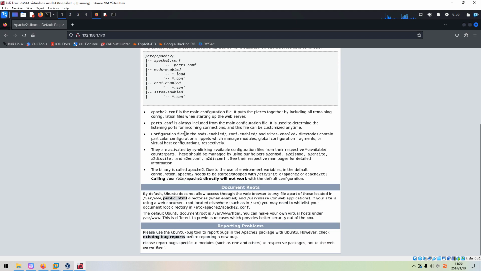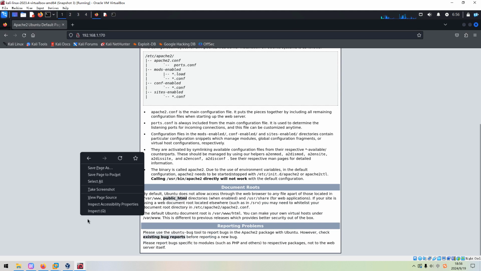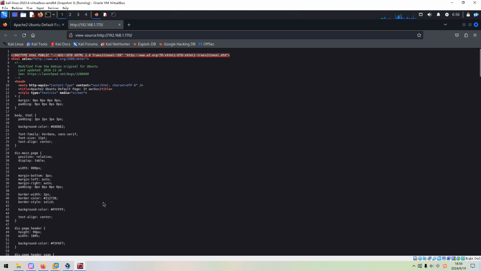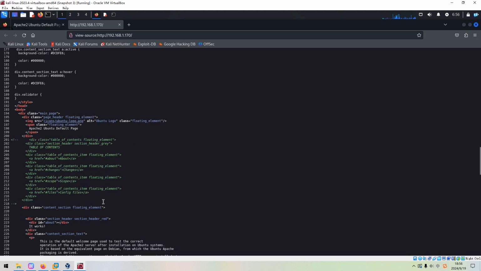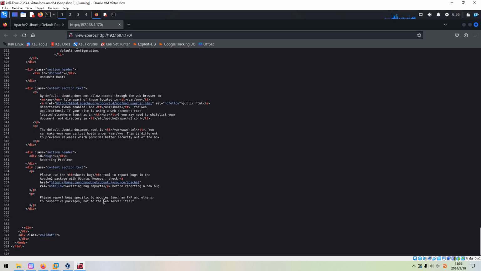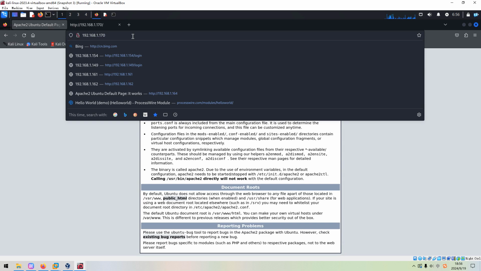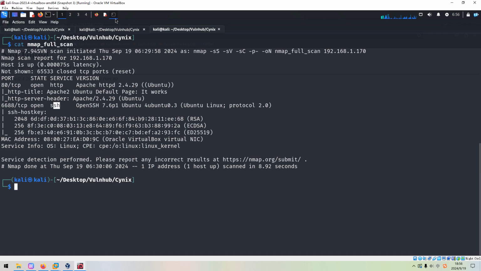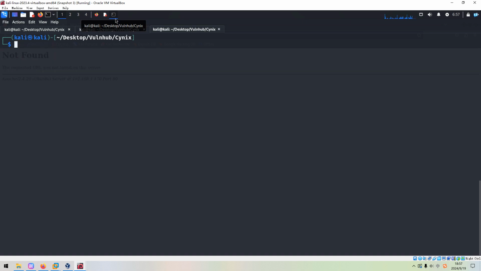As usual, we can check its source code by viewing the page source. We can scroll down, but nothing special we can get. Next, we need to check whether this site has a robots file or not. Not found. Next, let's pull up the terminal to do automatic enumeration.